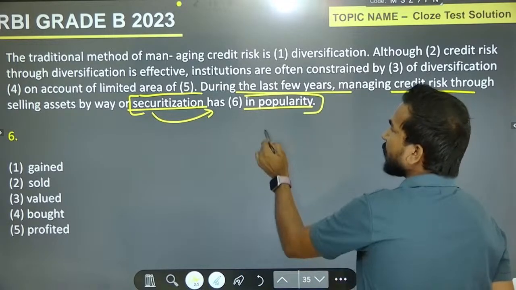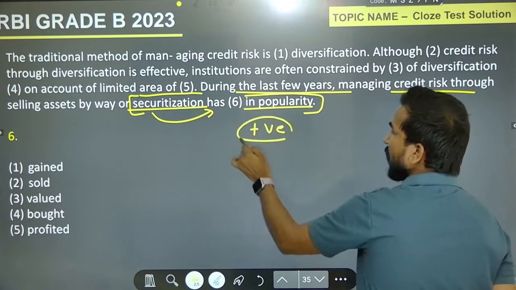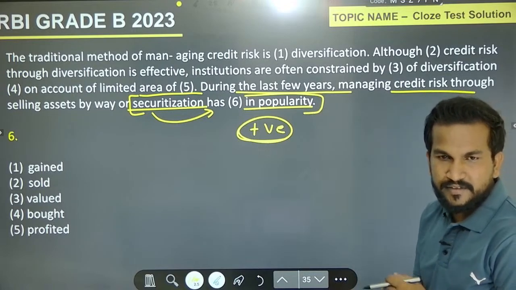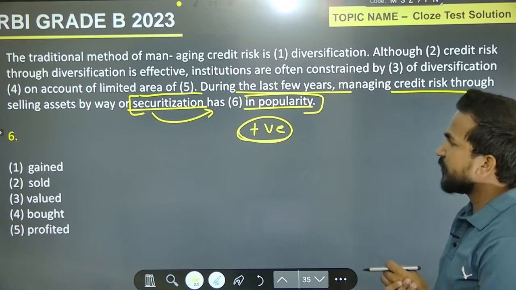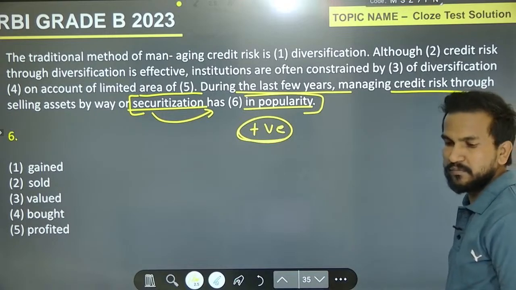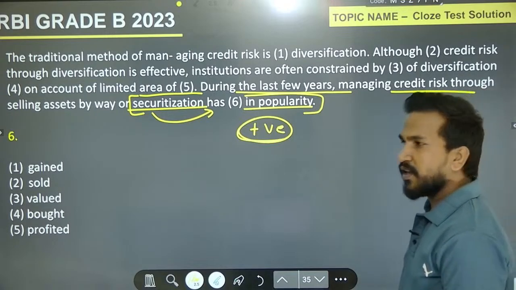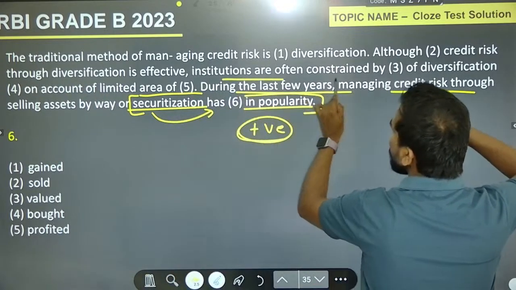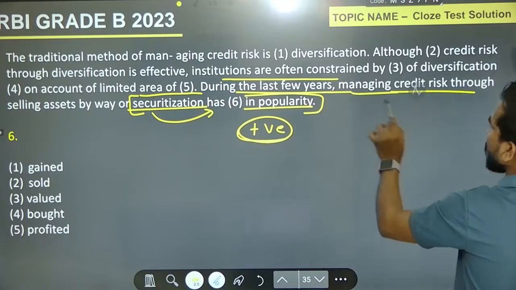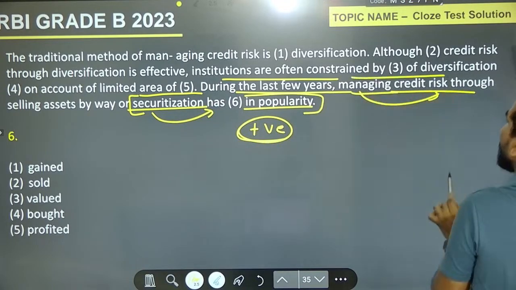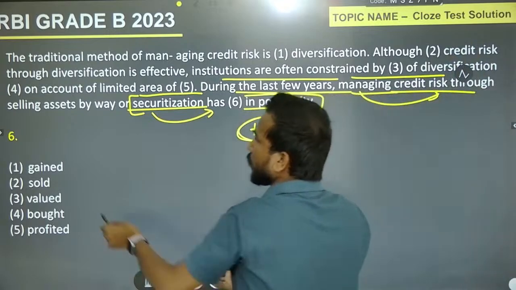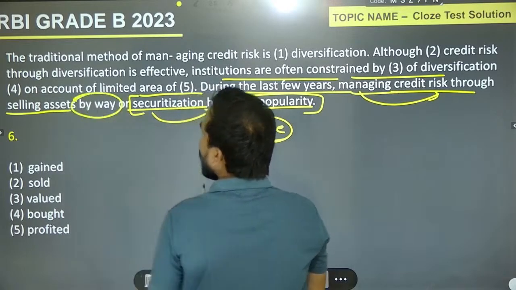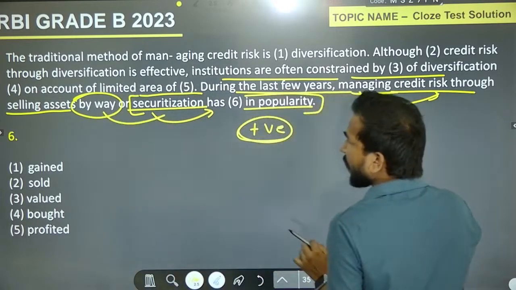If we have something in popularity, definitely there will be a positive sense. So what it must be? Yeah, Silent is saying it must be 3. That's it. Okay, go for the right one. Devendra is saying it must be 1. Okay, what we are talking about? We are talking about during the last few years, managing credit risk, what we are doing? We are managing credit risk through selling assets. Usually we are going to sell our assets, and usually we are managing the credit risk by way of securitization,